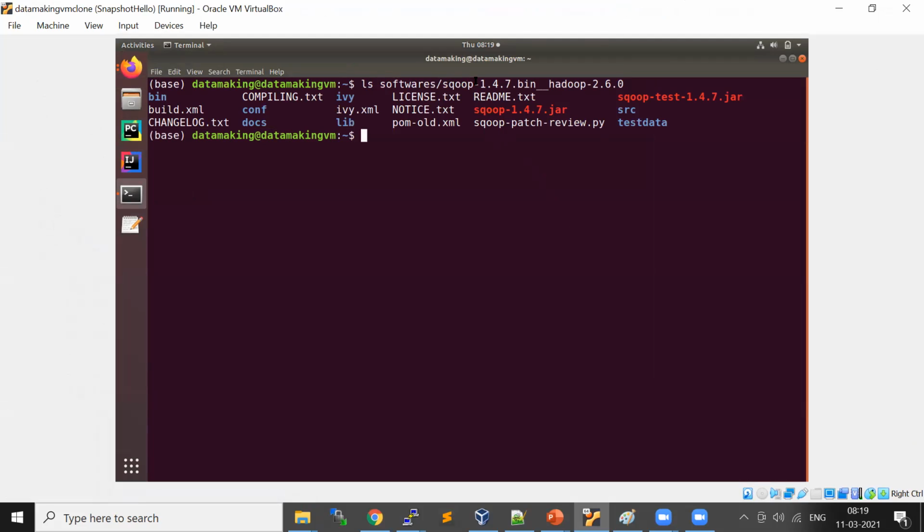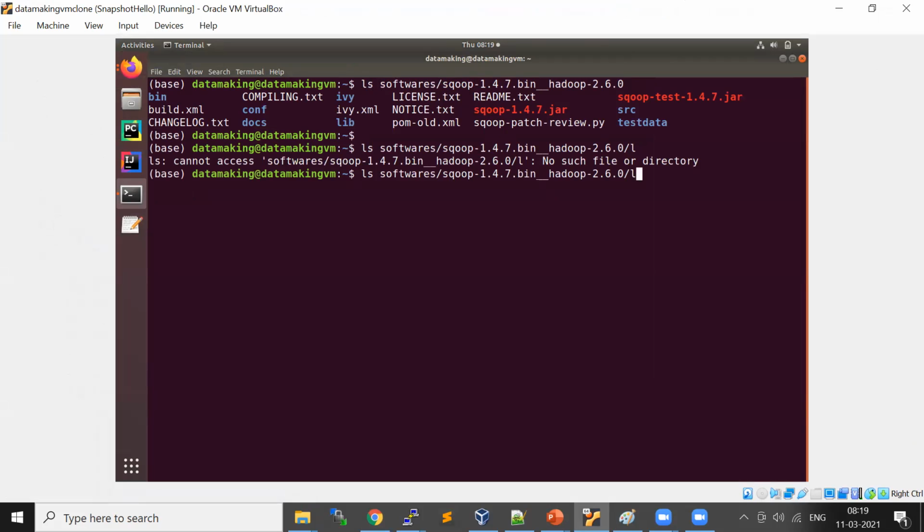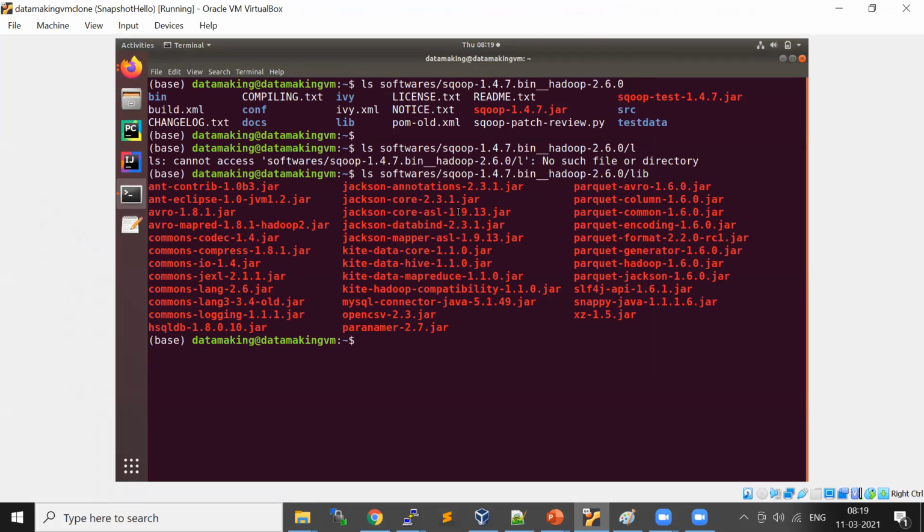You go to the lib directory. This is where all your connectors have to be. I placed my MySQL connector here. If I want to use Oracle, I have to put the Oracle JDBC driver here. So for the respective RDBMS, you should place its driver here.